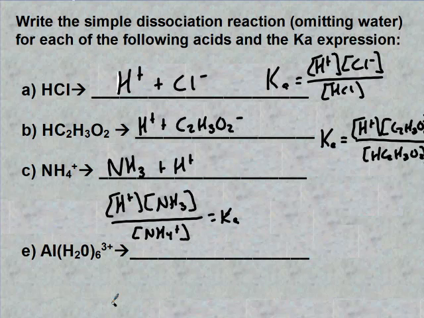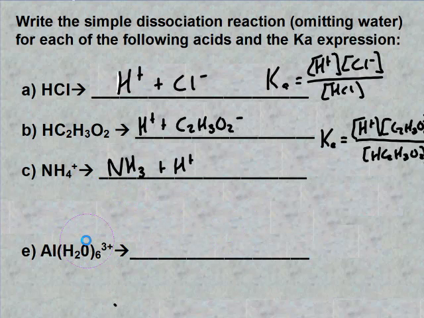So this is what you should have gotten for B and C. Notice C, no difference, just take away a hydrogen and what we're left with is NH3. D though is a little bit tricky because it looks weird, but we're going to solve it the exact same way. So first we remove a hydrogen,